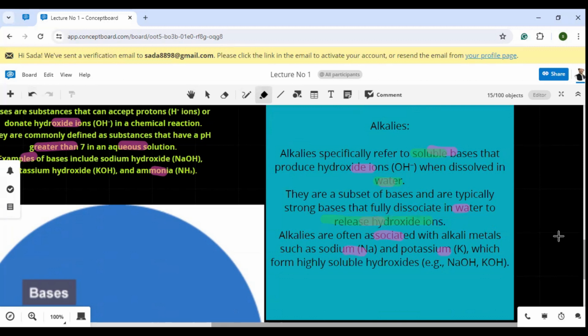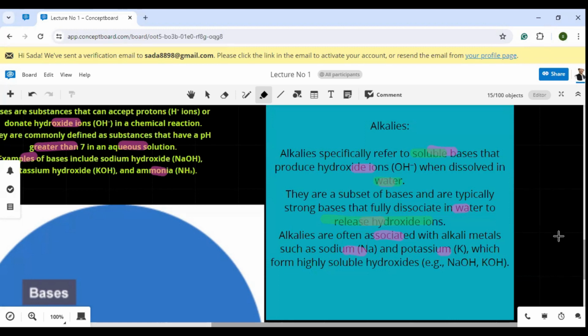Remember the point: they are a subset of bases and are typically strong bases. The bases are further divided into types. Some of the bases are strong bases, and some are weak bases. Strong bases are those that completely dissociate when we make an aqueous solution. Weak bases partially dissociate when we make an aqueous solution. So alkalis are strong bases. When we make an aqueous solution, they completely dissociate